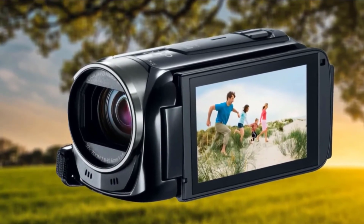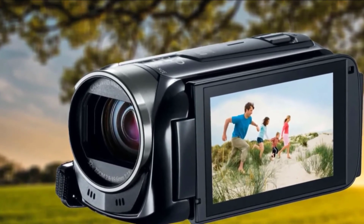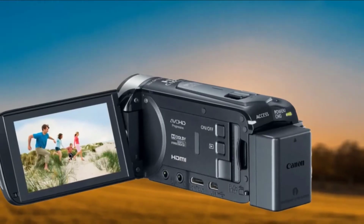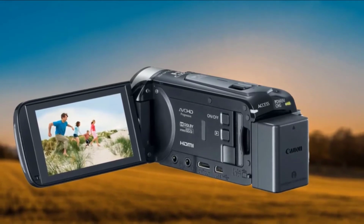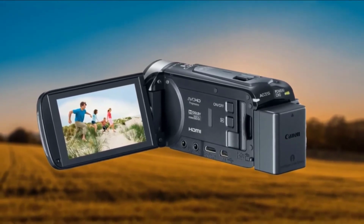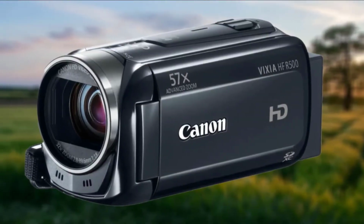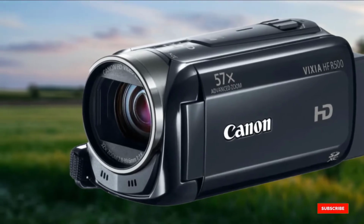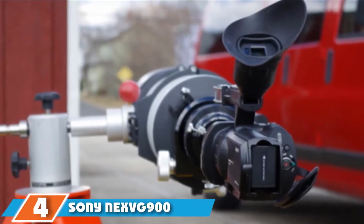The intelligent IS automatically turns on, correcting minor shakes to keep your video sharp and steady, while cinema look filters and 24p shooting gives footage a more film-like look. The face detection, which can function on up to 9 people at a time, ensures your friends and family will never be out of focus. If you're looking for a cheaper alternative to the more feature-laden Vixia cameras, the HF R500 is a great camera for you. Next at number 4, we have Sony